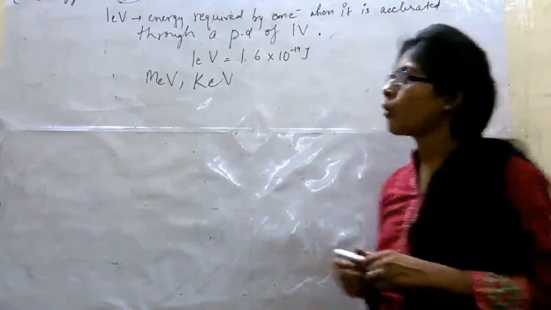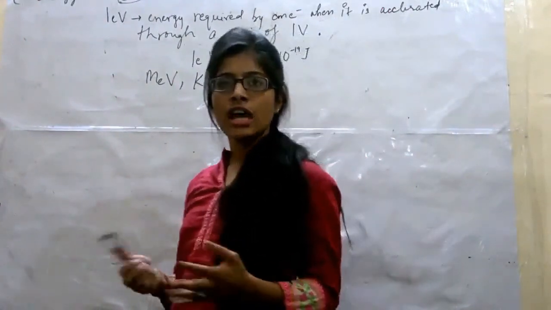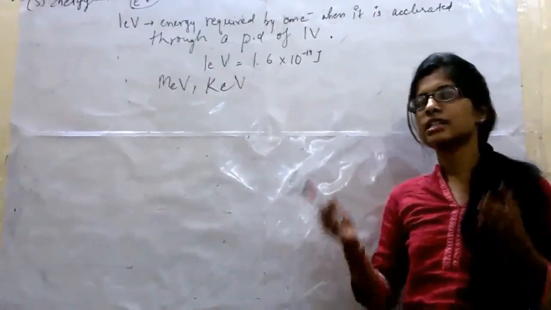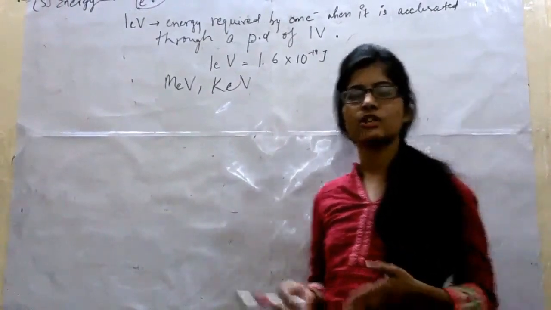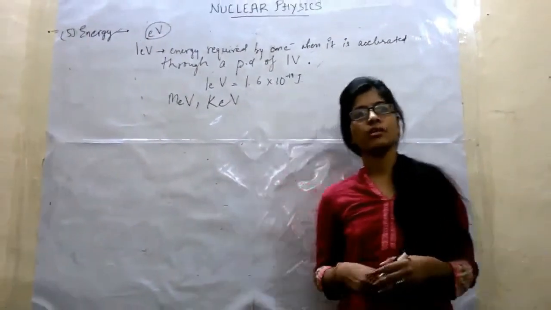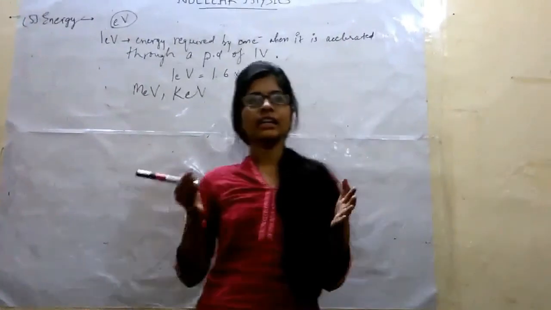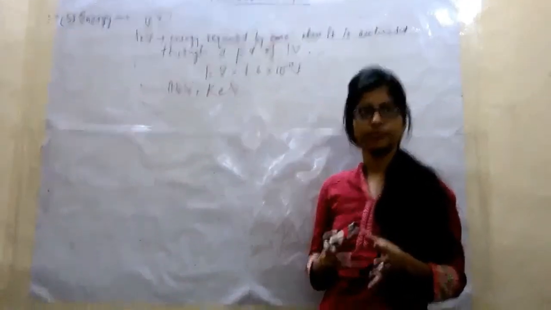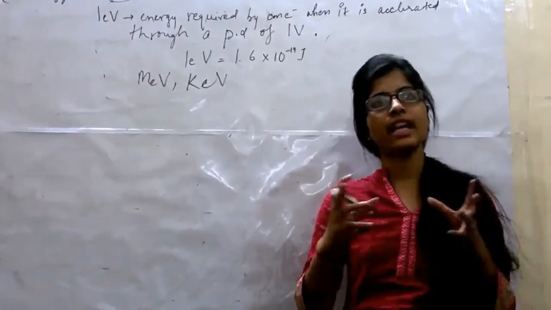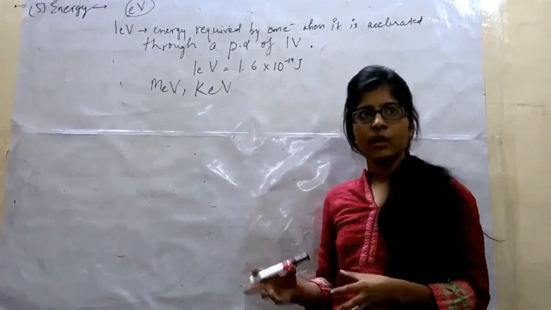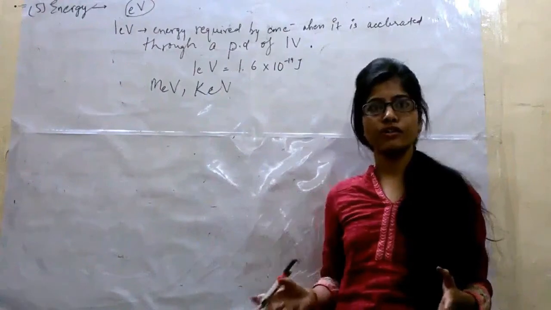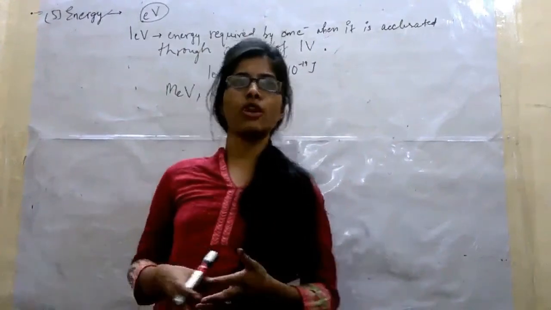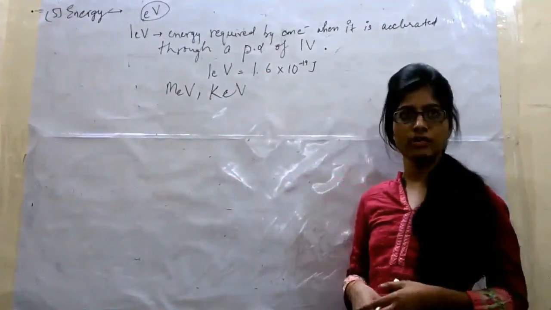So here we end up with the basic properties. The first one was charge. Plus Ze is the charge on the nucleus due to the Z protons, where e is the electronic charge equal to 1.6 into 10 to the minus 19 coulomb. The next one was mass. Combinedly, the nucleons give what we call the nuclear mass of the nucleus. It is equal to Zmp plus (A minus Z) into mn, where mp is the mass of the proton and mn is the mass of the neutron, mp equal to 1836 times the mass of an electron and mn equal to 1840 times the mass of an electron.